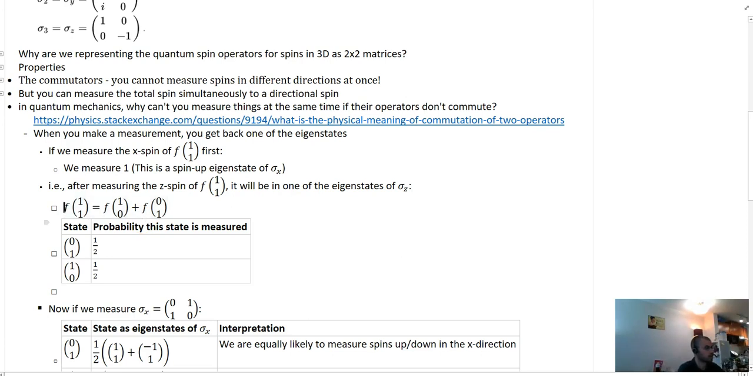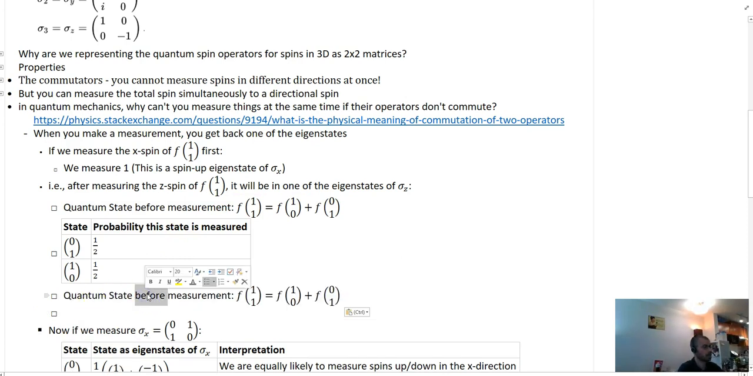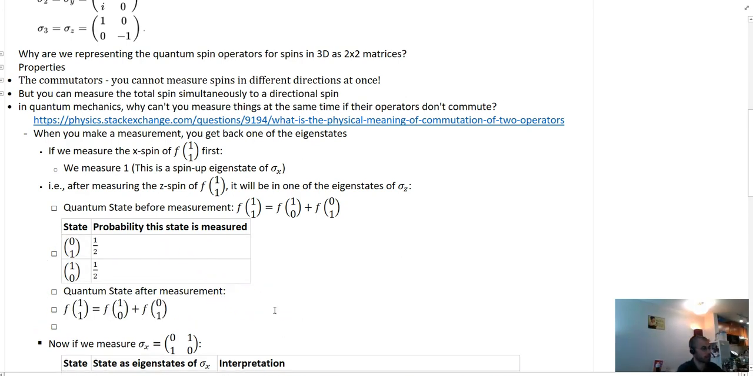Cool. So this is the quantum state before measurement. And then we're going to have the quantum state after measurement. And so we have these probabilities. So the quantum state after measurement is going to actually just be